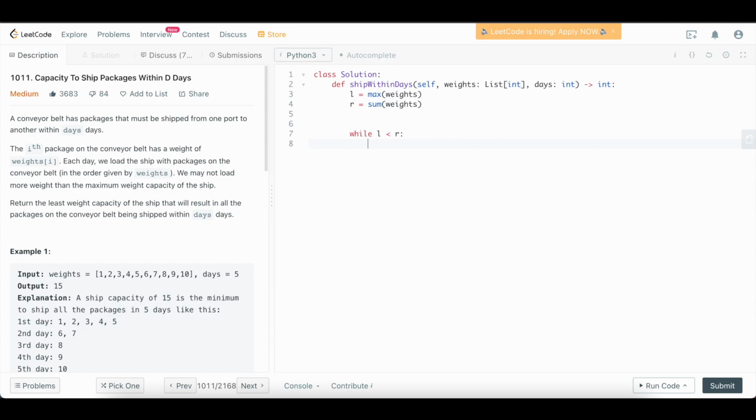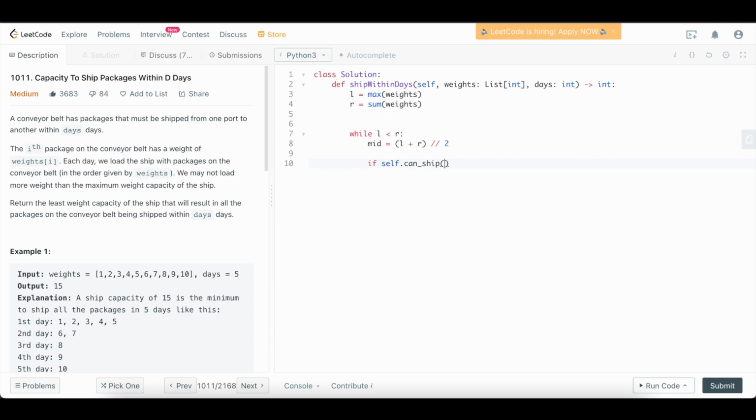So with a standard binary search, we're going to do mid equals left plus right, divide by 2, and there is a way to avoid overflow in Java. I'm using Python here, so look up how to avoid the overflow if you're using Java or C++. Anyway, what are the two things that can happen here in our search? Either we can ship the weight or we can't. We're going to define a function to do that in a second, but let's go through it conceptually. So we're going to say if self.canShip